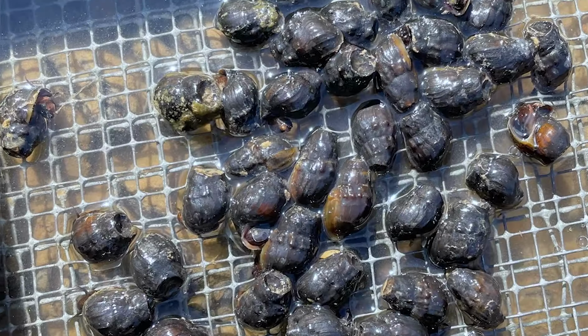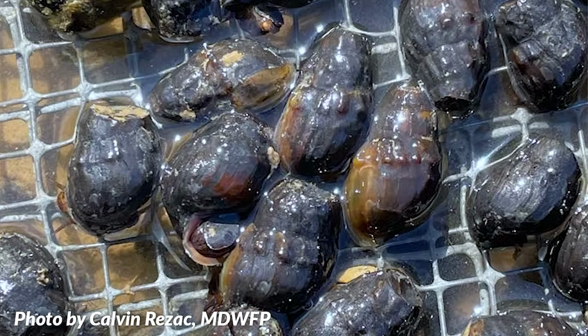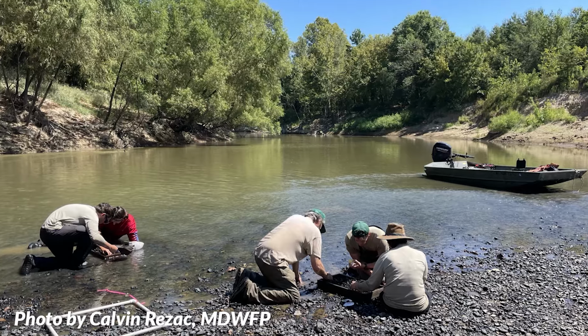And they contacted me a few months after the survey was done and sent me a picture of a snail shell. And I took one look at the shell and I was like, that is Big Black Rocksnail. What was challenging though is that where my colleagues located the snail shell was in a really remote stretch of river, which was about a 2-hour jet boat ride from the nearest